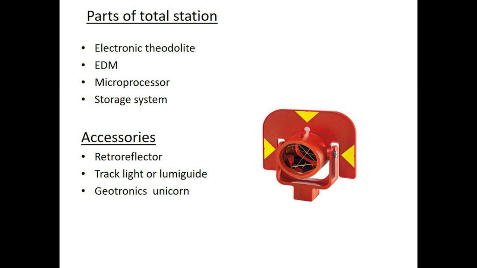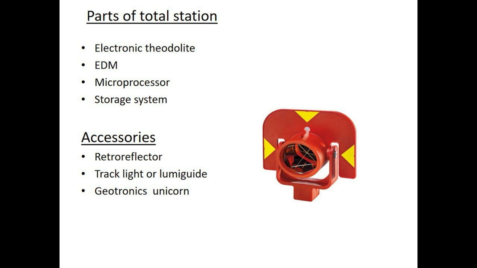Then the microprocessor does the data processing. It is inbuilt in the total station. With the help of slope distance and vertical and horizontal angles which we measure, it computes the horizontal distance and XYZ coordinates. It is also capable of applying temperature and pressure corrections to the measurements. Then there is an electronic display unit which displays the various values, and the electronic book stores each point data and can be unloaded to a computer and reused.